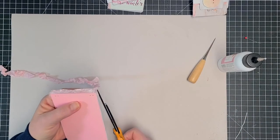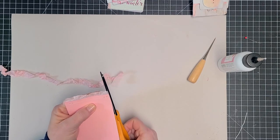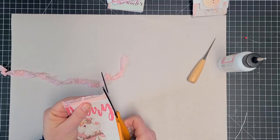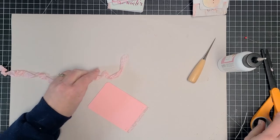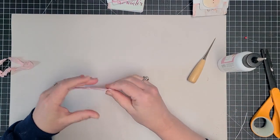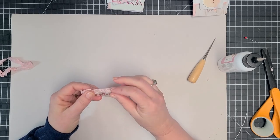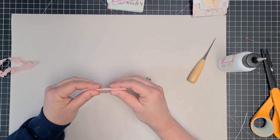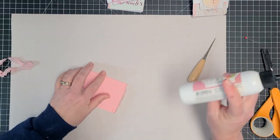And again, I'm going to go ahead and cut off my excess. And the reason I like cutting off my excess after I've got one side glued is I find it much easier to cut it off when I can still straighten it, as opposed to cutting through 2 layers when I've got it folded over. But it doesn't matter a bit. Okay, and now